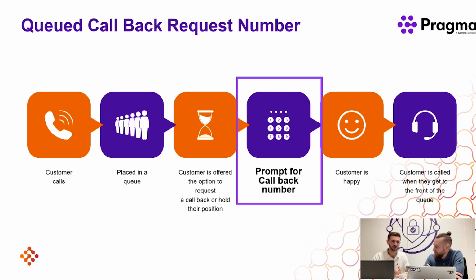But in a similar situation, I can think of lots of different use cases for this. If a user is calling a dental practice, they need to book an appointment, and they're number 20 in the queue. They've called from a home phone and they know that in 15 minutes' time they're going to be in the car when they probably receive that call back. So now it's really simple for the user to key in maybe their mobile number, since they're going to be in the car, and it retains their position in the queue. When they receive that call back, they're in the car on the mobile device. It gets pushed out to the user. So we're giving people the option now: do you want to have that call back on the number you called on, or would you like it to be a different device?